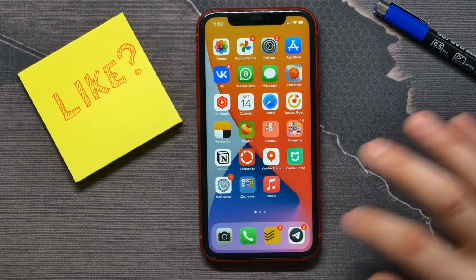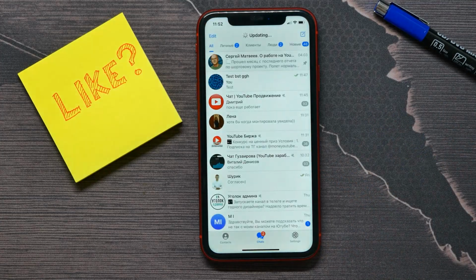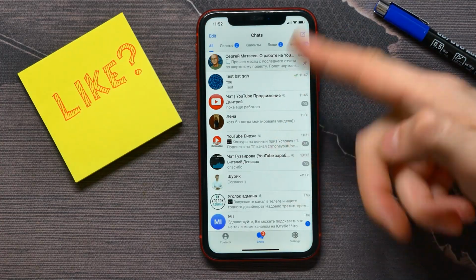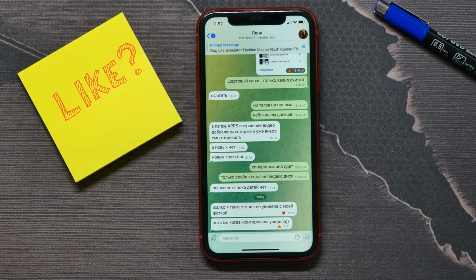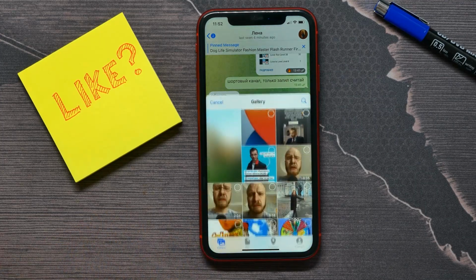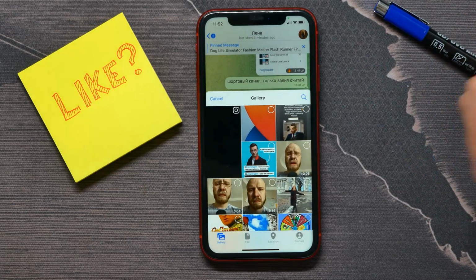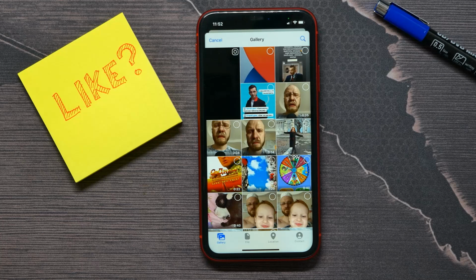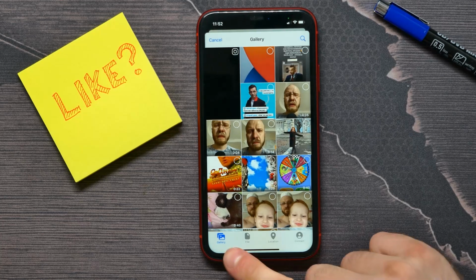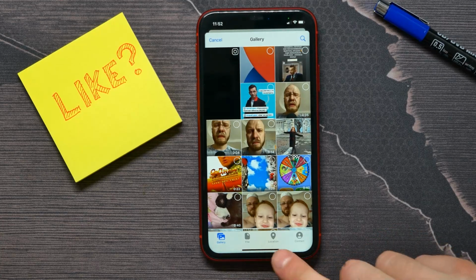First, open up your Telegram and select some conversation, some user you need to send a file to. I'll select that one, and to send a file, first you need to tap on that staple icon right here, and then you can select from a bunch of different options like send from gallery, send file, send location